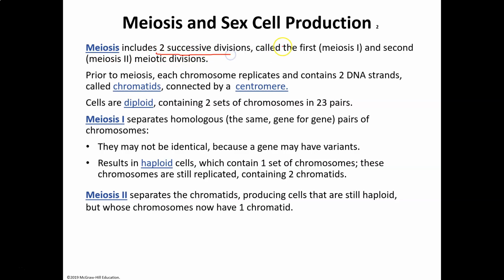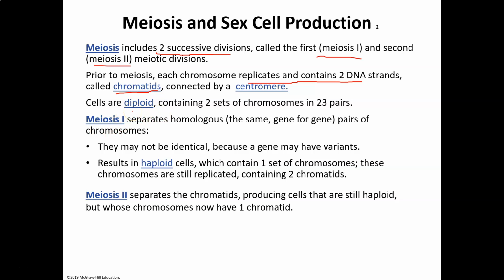You've seen that now. The first one's called meiosis 1, and everything is referred to as a 1 in that. The second one is meiosis 2. Prior to meiosis, you've got to replicate the chromosomes. I've told you how they become what are called chromatids then. What you used to call a chromosome, you replicated it. Now you have sister chromatids. They're connected by a centromere.